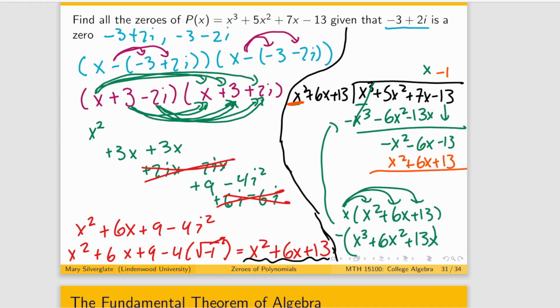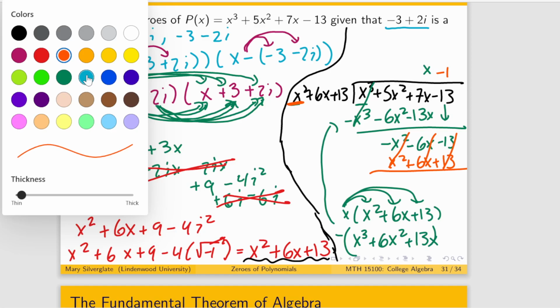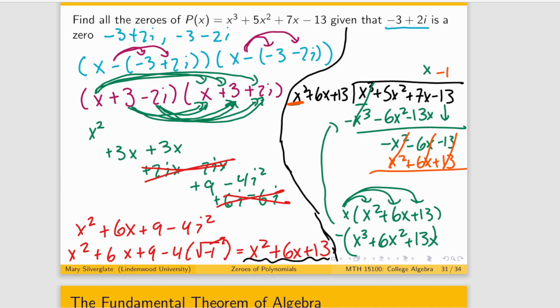Negative x squared plus x squared makes 0. Negative 6x plus 6x makes 0. Negative 13 plus 13 makes 0. So in total, I just figured out that this factors into x squared plus 6x plus 13 and x minus 1. So I know that one of the zeros here